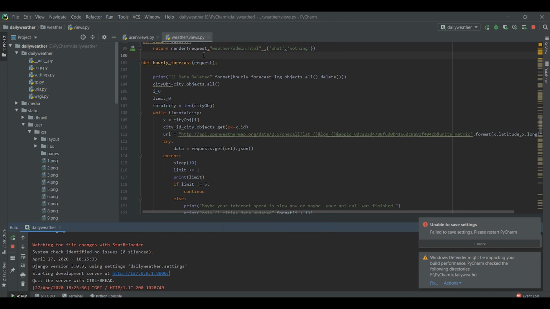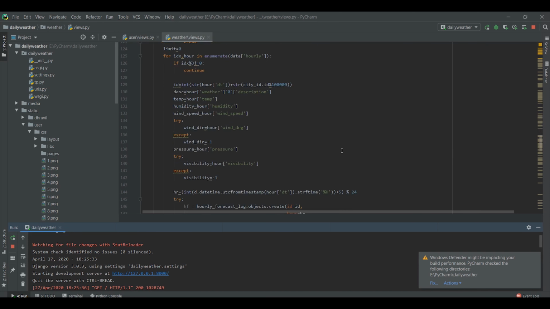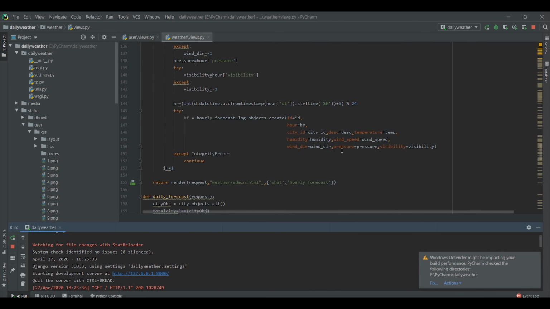When we click this button, this function is called. Basically, it stores 48-hour forecast data in the hourly forecast table from when we click it. First, it deletes all previous data, because for the hourly forecast there is no need for the previous days' data. Then, this query retrieves the whole city object from the weather city table. Now, for each and every city, we store 48 hours of forecast data at an interval of 3 hours. This API call with the city latitude and longitude gives the forecast data. From this data, we store every 3-hour entry in the hourly forecast table for every city. Now here is the query to insert data into the hourly forecast table.